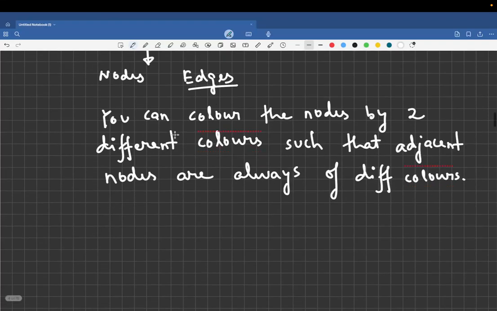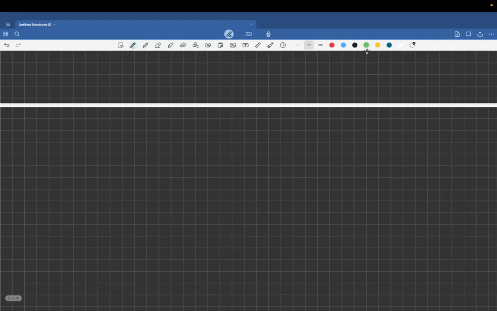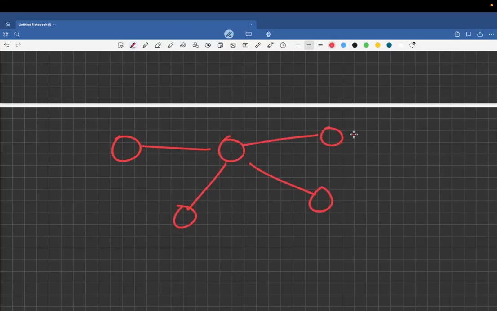What have I written over here? By this I mean, let's suppose you have this graph. These are the nodes. Now you have to color it with two different colors so that adjacent nodes do not have the same color. Let me color this green, this green, this green, and this green.